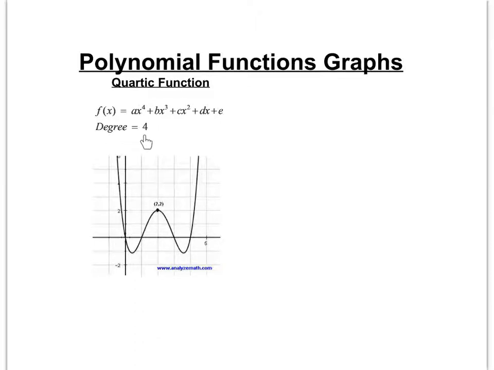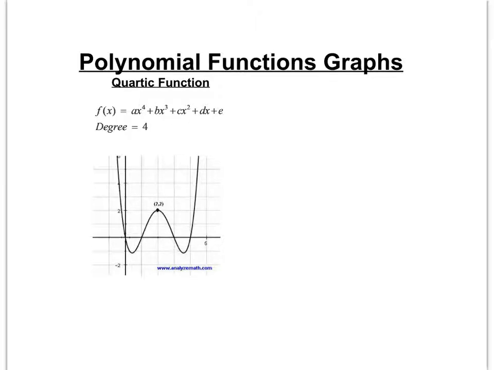The degree is 4. 4 is even, so our end behaviors are going to be the same. You can see it goes up on both sides. Notice again, there are at most 4 roots. There could be less, but there could be up to 4 roots or 4 places where the graph passes through